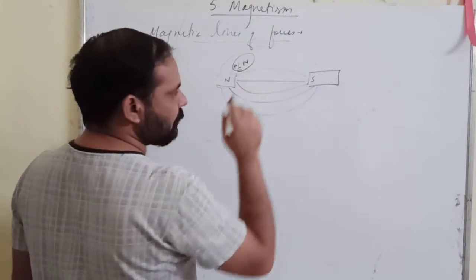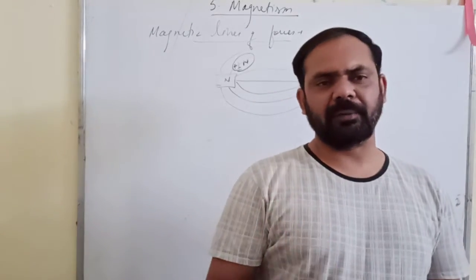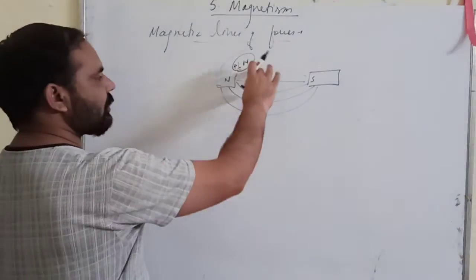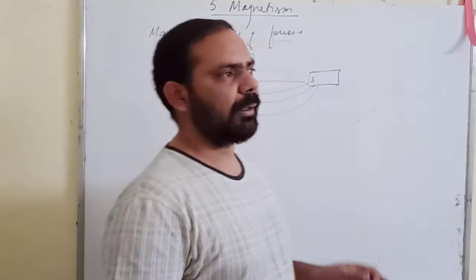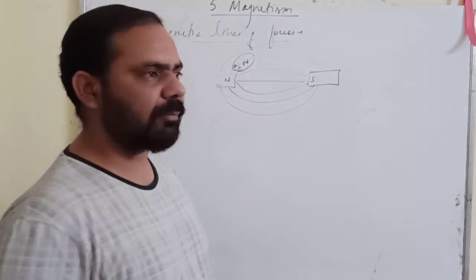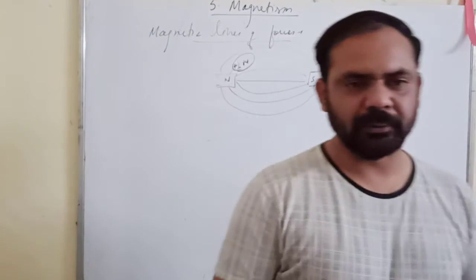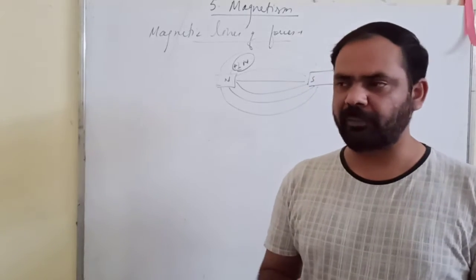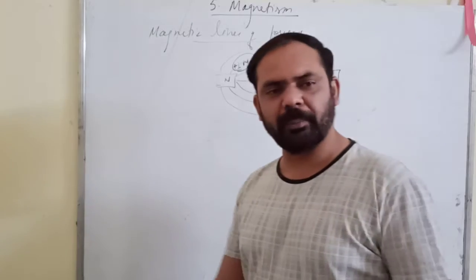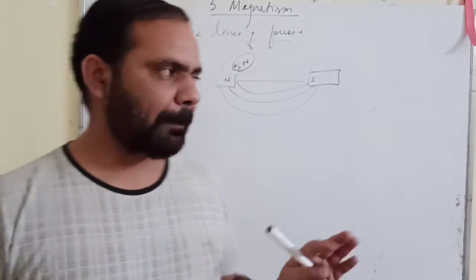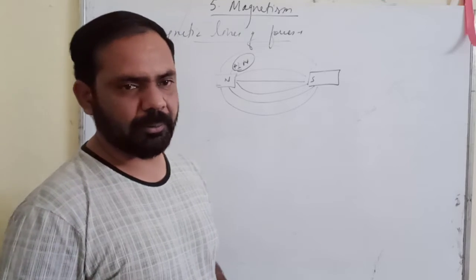Now, what is the use of these magnetic lines of forces? You can have different uses. First one is, the closeness of these lines will tell you the strength of the magnetic field at a point. The points where these magnetic lines of forces are very close, the magnetic field would be very strong, and if the gap is large, then the magnetic field will be weaker at those points. Second thing is, it helps us to know the direction of the magnetic field also.